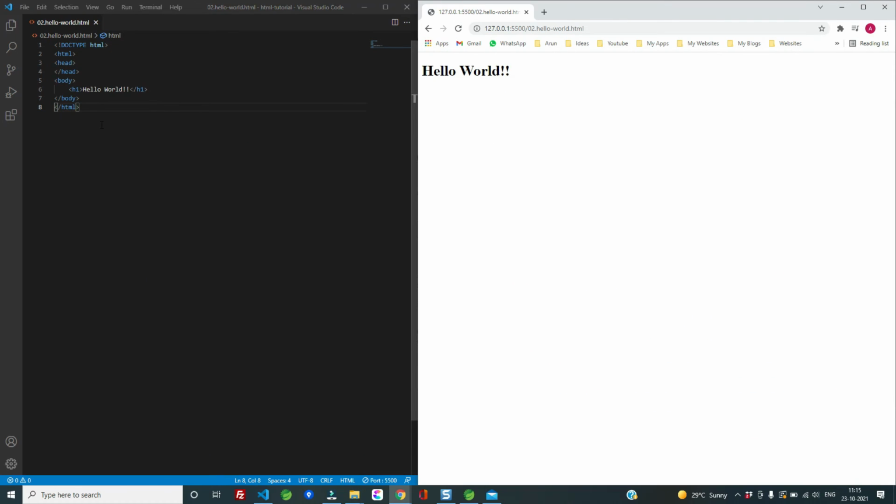On the left hand side, we have the code for it, where we have included the doctype, HTML root element, head section, and then the body section where we have added the h1 element with the hello world. If we open this document in the browser, then it will show this content like this, where it will display this hello world. This is all about the hello world example, and in our next videos we'll explore more about